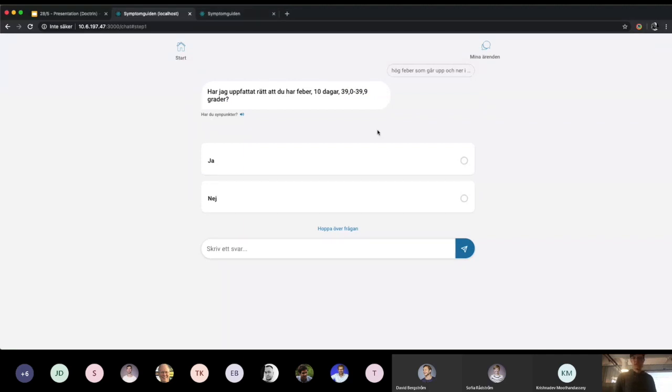This is not implemented in the solution that can be found on Symptom Guiden, because I found some bugs and I need to address them before it can be published. But this is the idea, to have some kind of confirmation that it has understood you as a user.